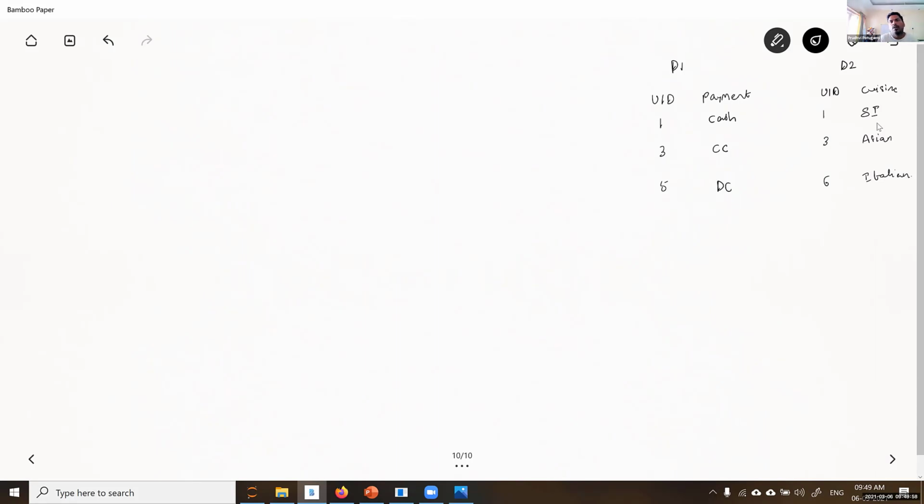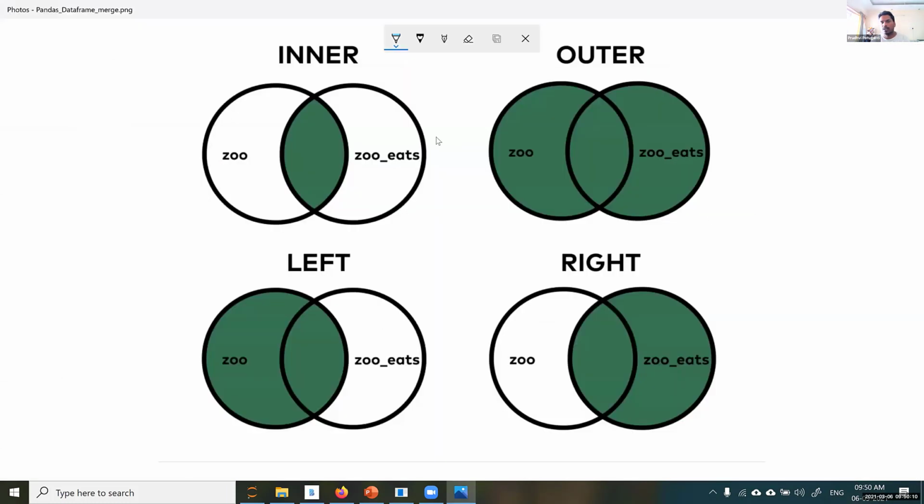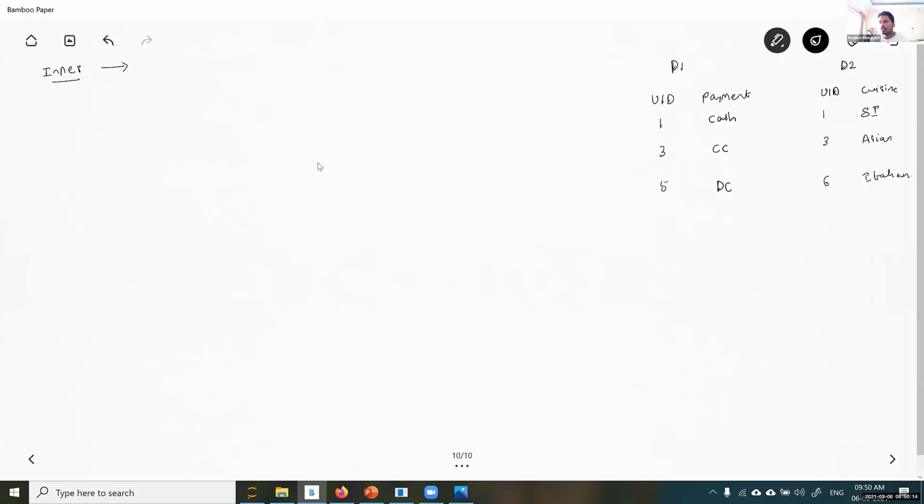Okay. First thing I'll do is inner join. If I take inner join, what is the output? The output is always the intersection of user IDs. So I have 1 and 3 user ID here. I have 1 and 3 user ID here. Only this will come. So the output of inner, I'm writing outputs here.